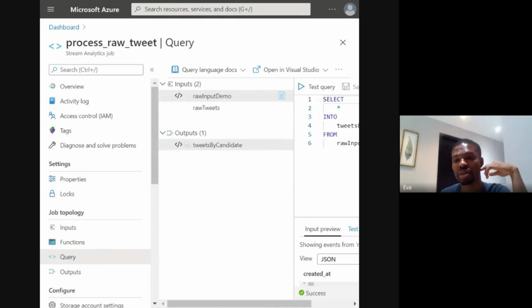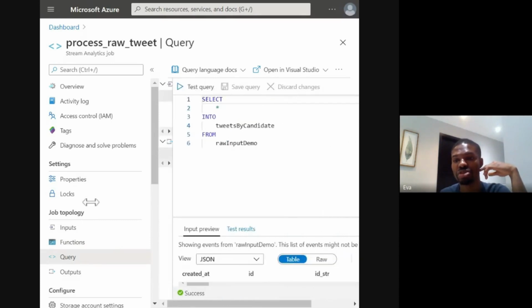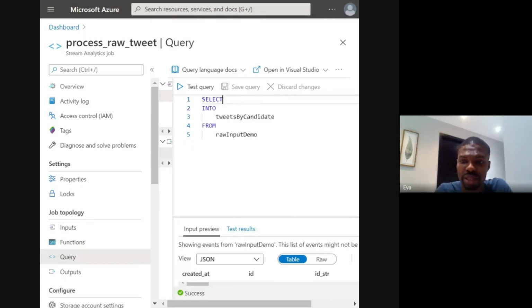Okay, I want a query that is going to print out the person that the tweet is about, or if it's for the both of them, print it out as well, and then add a number of tweets, which is 1, and then maybe the text of the tweets, something like that. So I'm going to change this query to select UDF because this is a UDF, and the